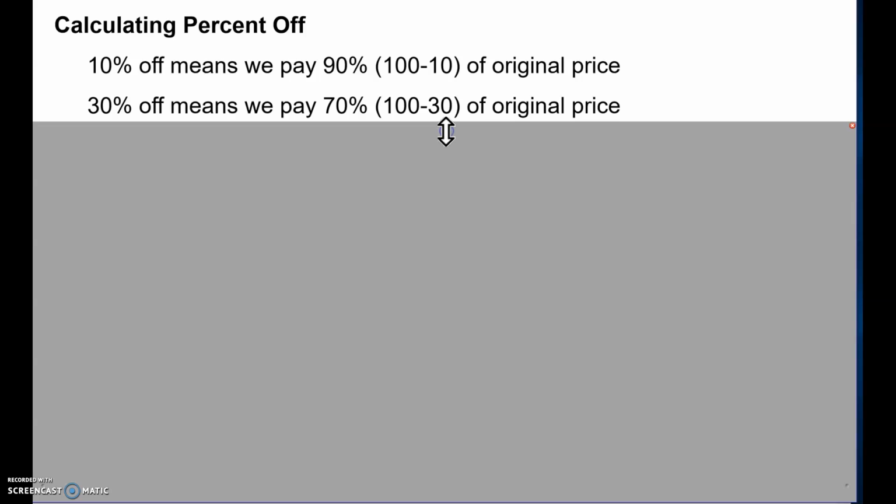Calculating percentages is intimidating for a lot of folks, but actually they're pretty straightforward. If I say something is 10% off, that means I'm going to pay 90% of the original price. And I get that 90% because I take 100%, the total original price, minus what I'm taking off, 10%, and that leaves me with 90. In a similar way, if I say something is 30% off, I know I am going to pay 70% of